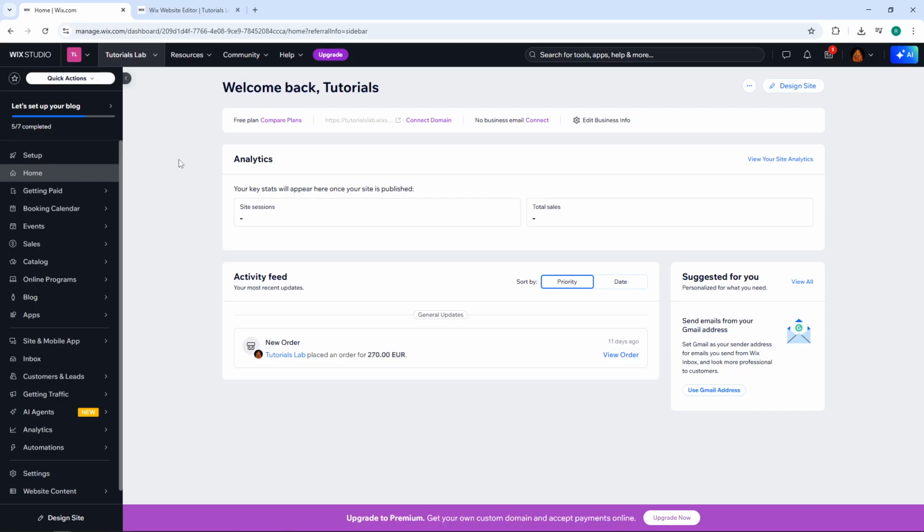Today, I'm going to teach you how to add, change, and update roles and permissions on your Wix website. This is essential for managing who can access and edit different parts of your site, especially when you're working with